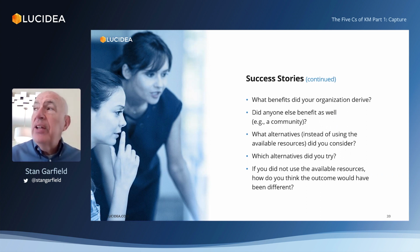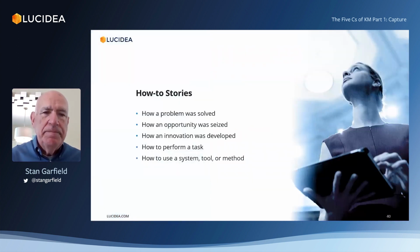Capturing stories about failure can actually be even more powerful than success stories, but can be more challenging because people are more reluctant to talk about it. If the organization has a negative consequence for failure, they'll try to avoid that, and you get success stories, but hard to get failure stories. But if you can create a culture where failure is celebrated because you learn more from it, then capturing those stories can be helpful. And how-to stories can tell about how a problem was solved,